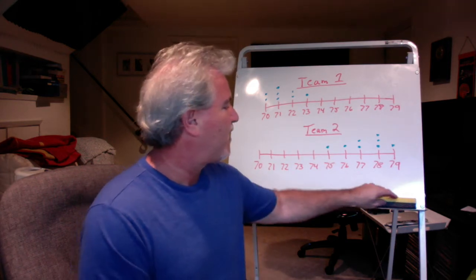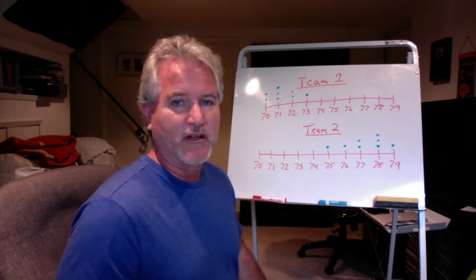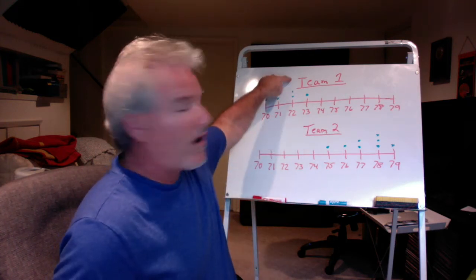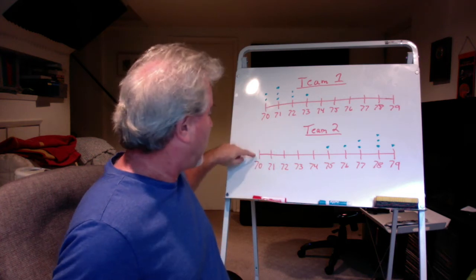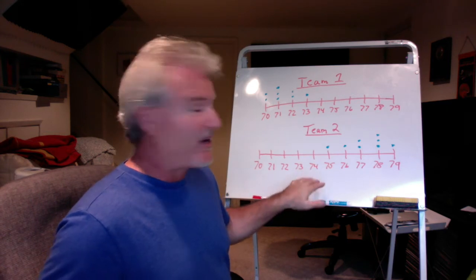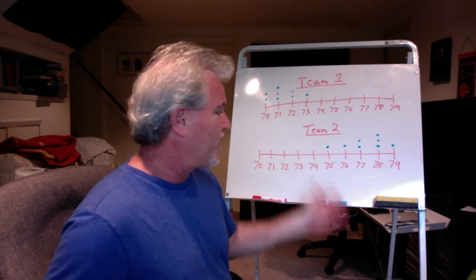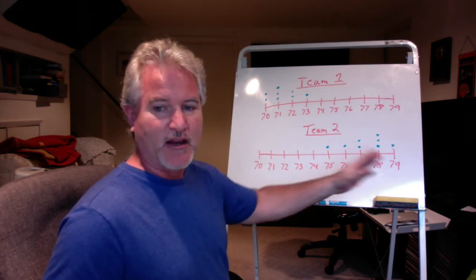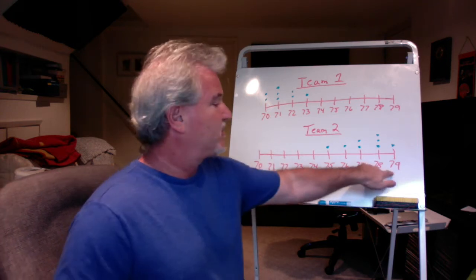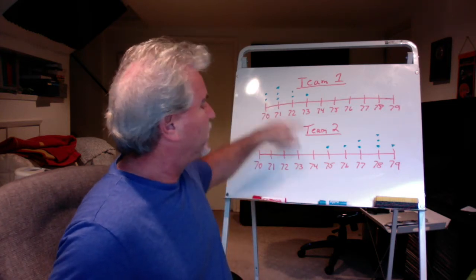But this is now a plot point diagram, so I'm going to explain it, and there's two things that you're going to have to figure out on the document for the assignment on Monday. All right, so I have team 1 here, I have team 2 here. I've got a range of, let's call these heights. They could be anything. A plot point could be the number of whatevers. You could put a plot point with anything. But in our example, we're going to do heights, from 70 inches to 79 inches. And this is team 1, and this is team 2. And then the blue dots